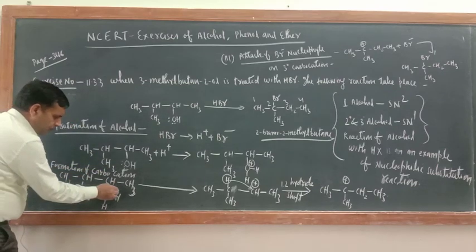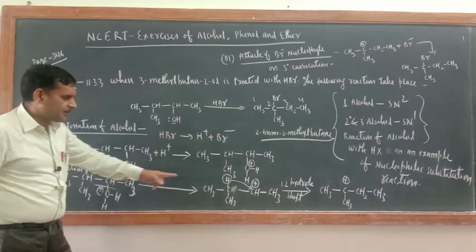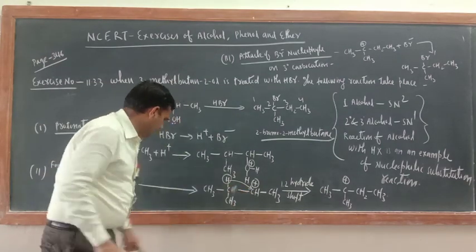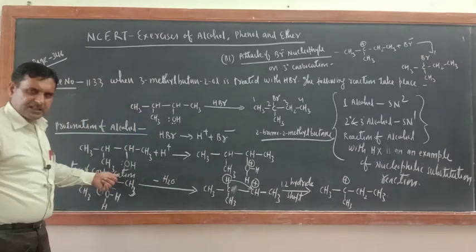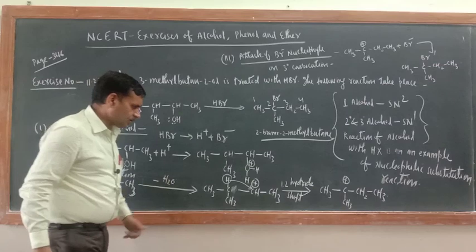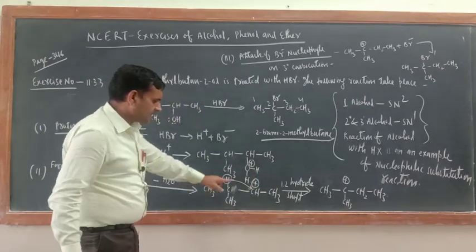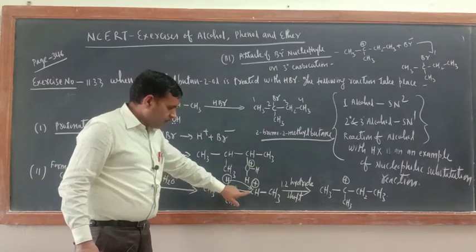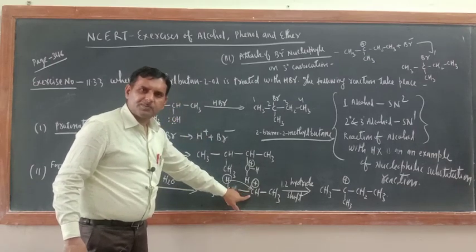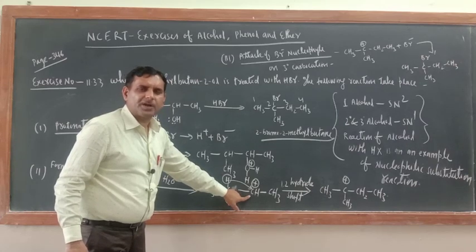Just remove this OH2 from here. Now this carbon atom will receive the positive charge. Minus H2O: carbocation is generated by the loss of a water molecule. So a positive charge is generated here. No problem. But see here, which degree carbocation is this one? This is a 2 degree carbocation.